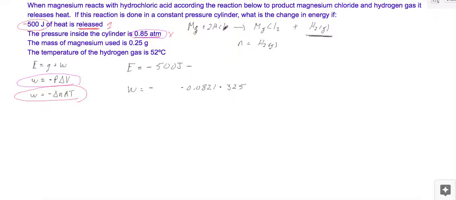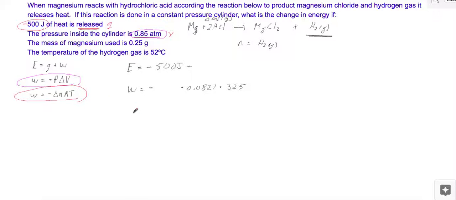Magnesium's a solid, hydrochloric acid's an aqueous, and this is also aqueous. So we're going to figure out how many moles of hydrogen we have here, take that minus how many moles we have on the reactant side, which is 0 moles of gas. And so whatever moles of the hydrogen we have is the moles that we plug in for a work equation. So we have